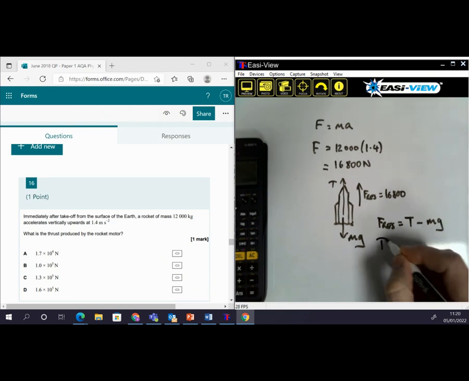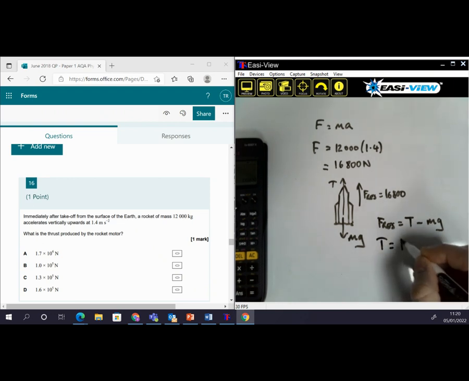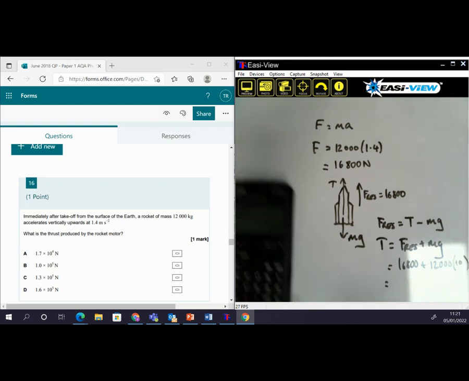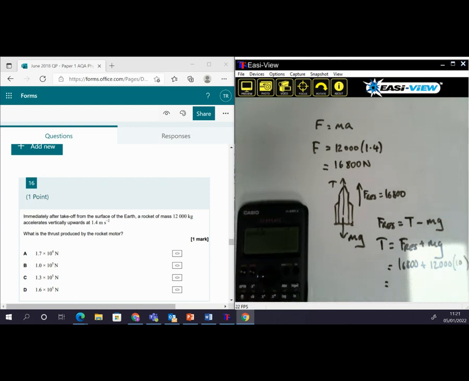So we can rearrange that to find that the thrust must be the resultant force plus mg, because to cause the acceleration, we need to overcome the weight. So the force needs to be considerably bigger than the weight acting downwards. So that's 16,800 plus the mass, which was 12,000, multiplied by, and we can go with, 10. So we'll get 16,800 plus 120,000,